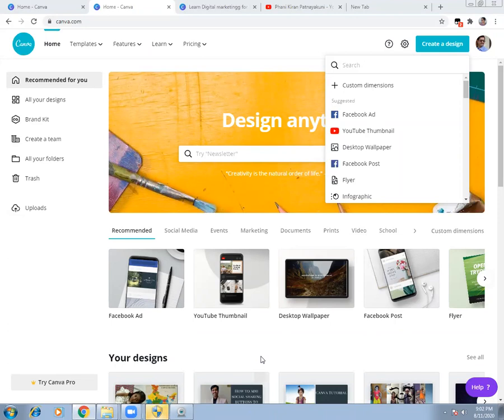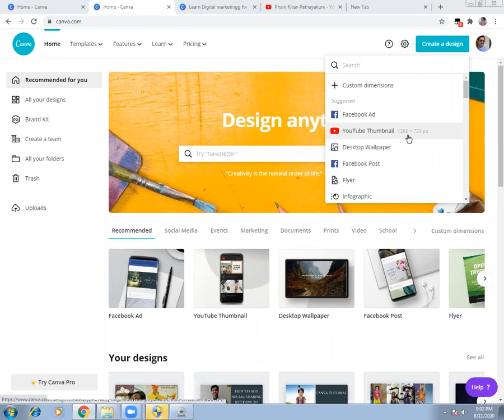Sir, in this Canva, we have a lot of options, a lot of websites. I mean, YouTube, Facebook posts. The dimensions are mentioned there. It will automatically fit and convert it, for example into a thumbnail. Okay, automatically it converts. And with the same dimensions we can do it from Photoshop. I have some knowledge about Photoshop. In Photoshop, Corel Draw, we can do it from that also with the same dimensions.